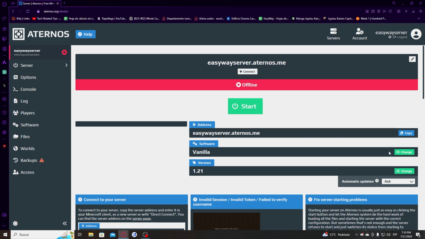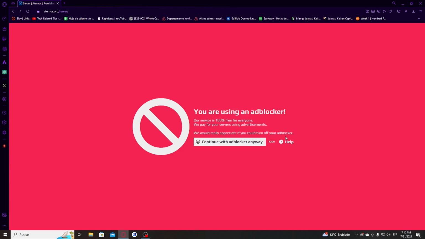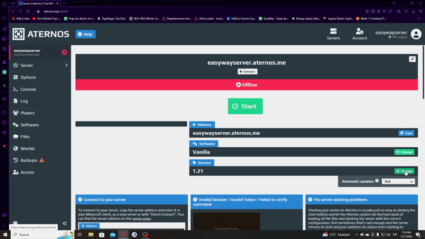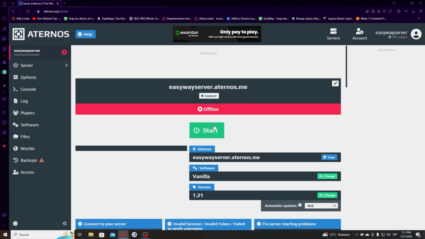So we can configure it, we can choose the software, you can play on vanilla, or you can choose Spigot, Bukkit, Fabric, Glowstone, Forge, etc. In my case it will be vanilla, and then here you can choose the version. You can choose every version you want to play the server. In my case it will be 1.21. You go back to server and here you can press start,